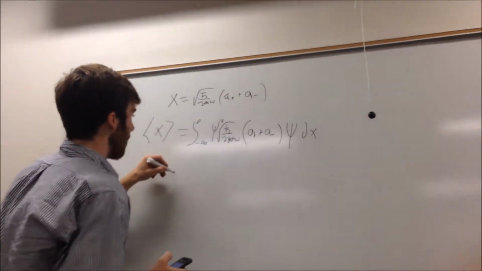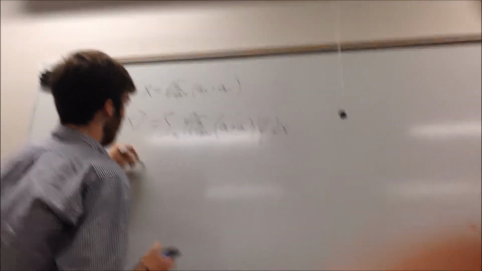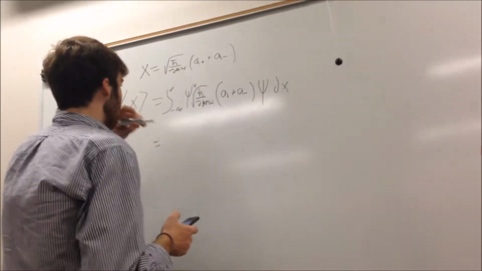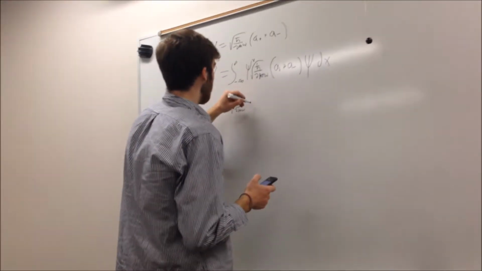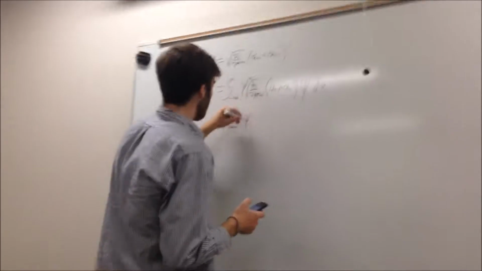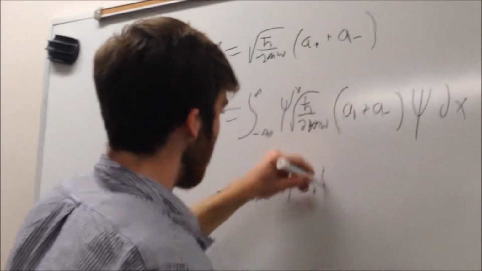Okay, so now we can pull out the constant, but this equals the square root of h bar over 2mw times psi a plus psi